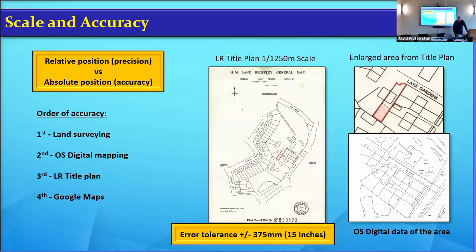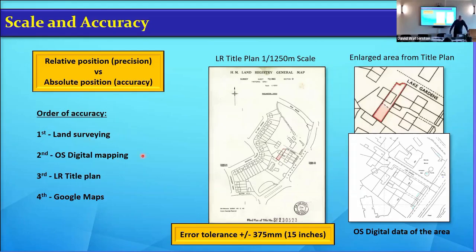Scale and accuracy. We did touch on accuracies. We were saying 150 mil at 1 to 500, 30 millimeters at 1 to 100, and then you obviously work it out from that. So the order of accuracy, if you're getting the Ordnance Survey digital data, and Google's and all the rest of it, is land surveying obviously is always going to be the best. And whether that's by conventional means or whether it's by photogrammetry, LiDAR through drones or scanning, as long as they've done the ground control, the stuff to make it fit, then that's going to be your number one